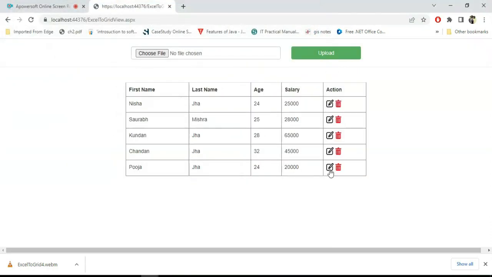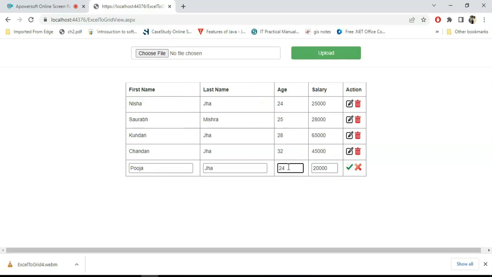Let's say I am trying to edit this last record and I am updating this age from 24 to 22. Hit the update button. Okay. Now the record is updated, but the grid view is not refreshed. That means the edit index is still enabled. So we have to also